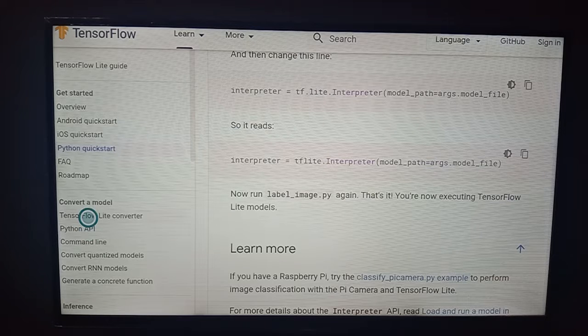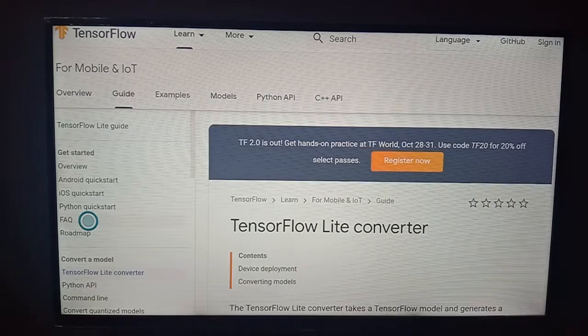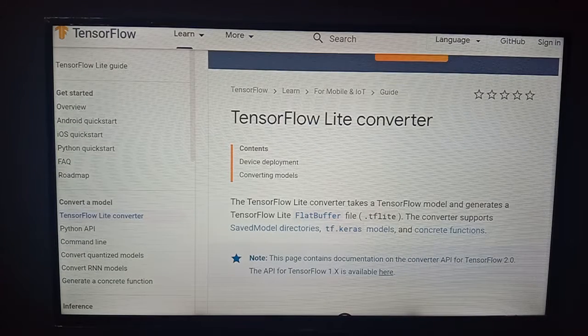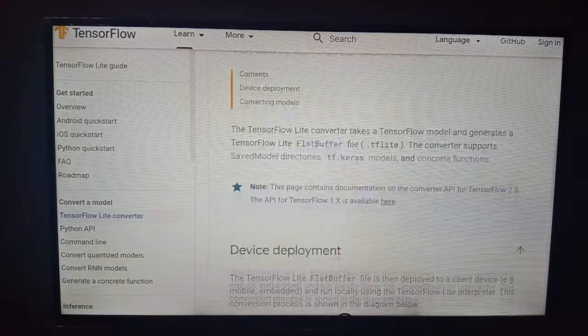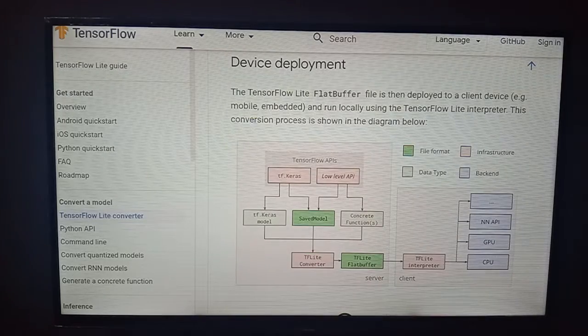Now what is a TensorFlow Lite converter? That we'll see. A TensorFlow Lite converter converts your core file into a .tf file. So this is your diagram. Basically you have TensorFlow APIs, and TensorFlow Lite converts it into